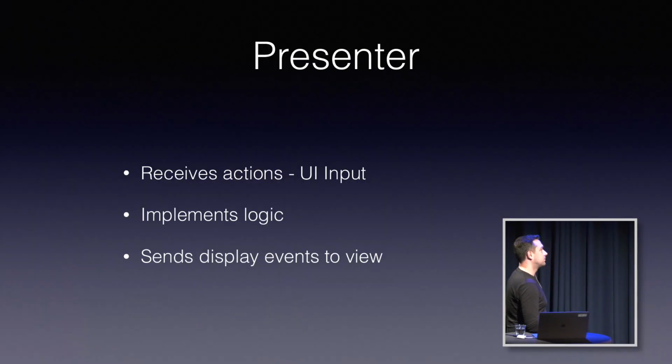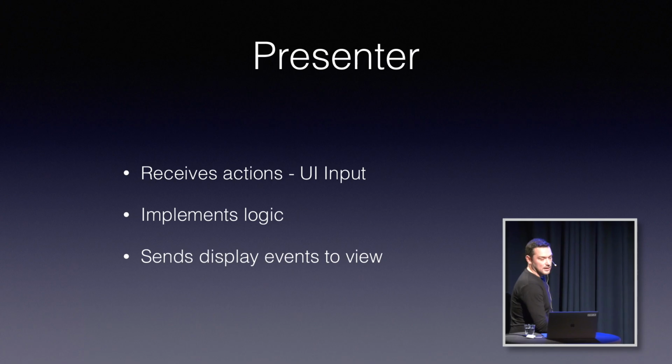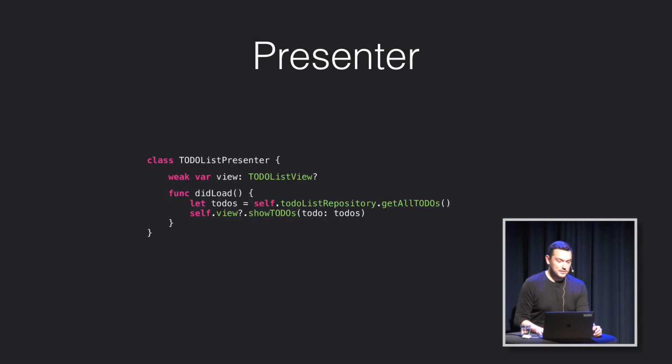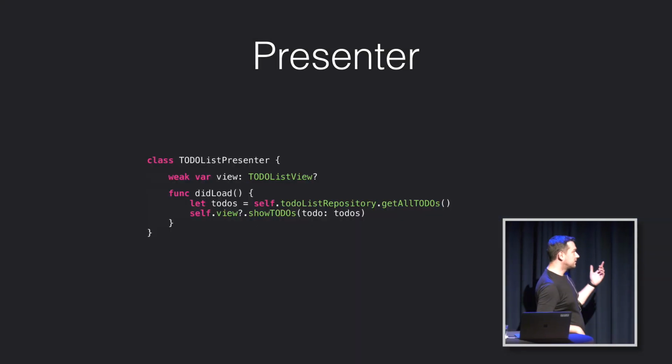The next part is the presenter. Presenter can receive UI actions from a user. So basically, when a view controller loads or user presses the button, the view controller informs the presenter about this action. Then in a presenter, you have logic implemented that handles this action, and the presenter sends display events to your view. If you look at the code for this, you see that you have a weak variable of your